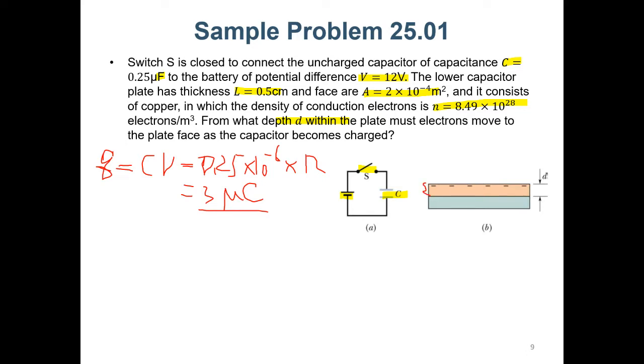So you can consider this orange part. You can consider there are some electrons there, and there is no charge at this part. So it tells you that the density can be as high as this one. It means that there are totally 8.49 times 10 to the 28th power electrons within a meter cubed. So it cannot be more dense than this. So N, the capital N, would be